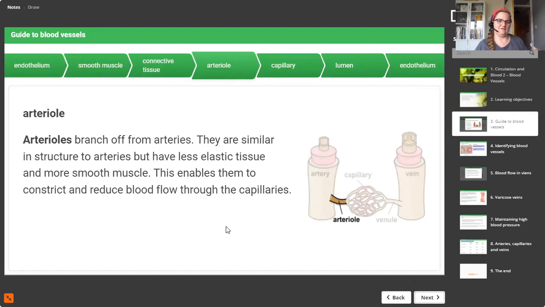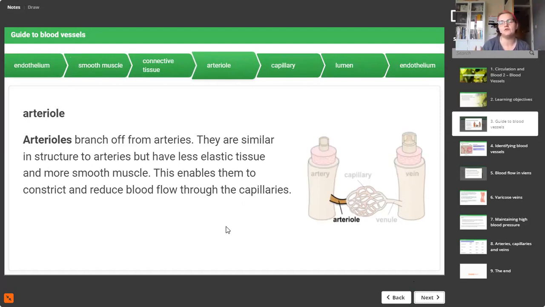So we're now going to look at the arteriole. So we have our arteries, and they're carrying all our blood away from the heart. And then we have an arteriole, and these branch off from our arteries. They're actually very, very similar in structure to our arteries, but they have less elastic tissue and they have more smooth muscle. This enables them to constrict, and they actually reduce blood flow through the capillaries,